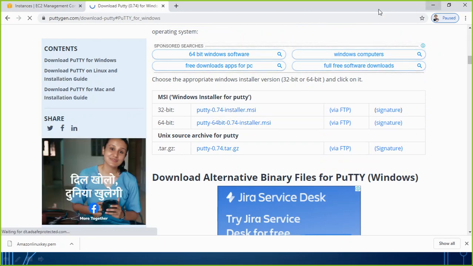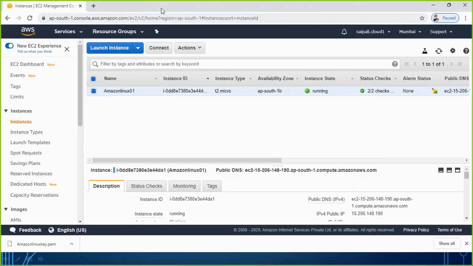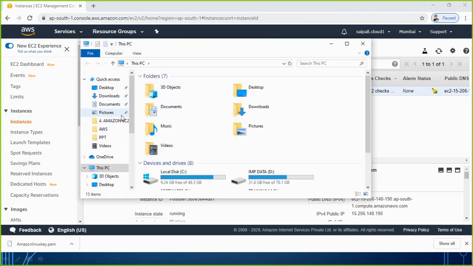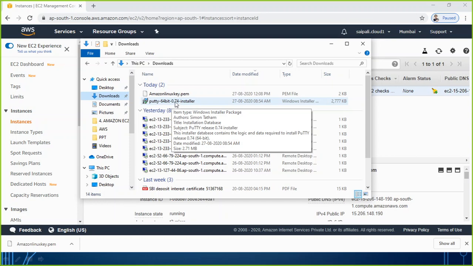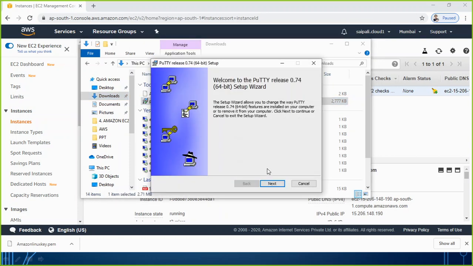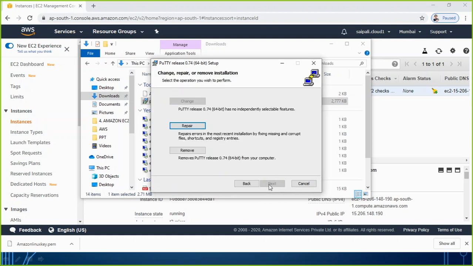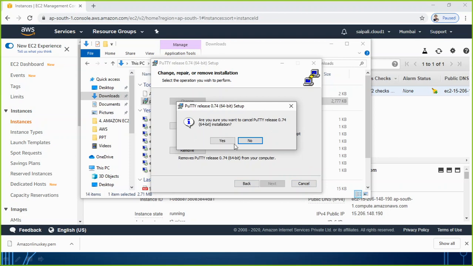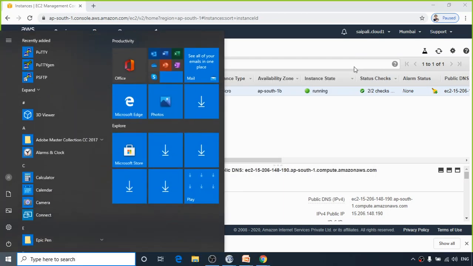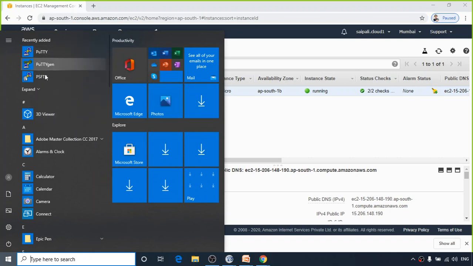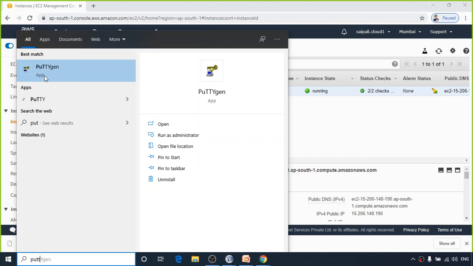Alright, I have already downloaded it once, so let me check in my downloads. This is the PuTTY I am talking about. Once you have downloaded it, you can just double click on it and install it by clicking next. I have already installed it. Once it is installed, you go to the start button of your computer and look for PuTTY. If you are not able to see it, you can also type PuTTY,